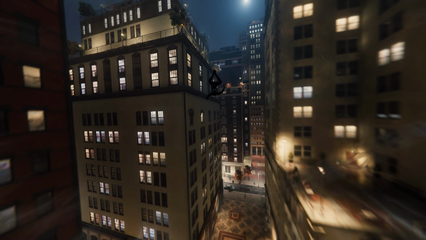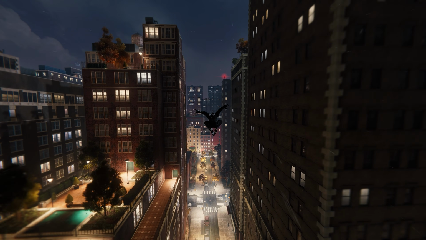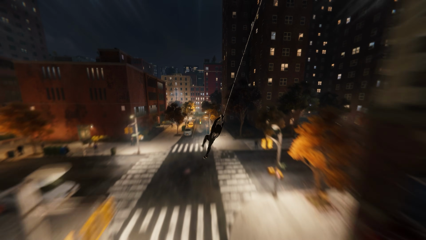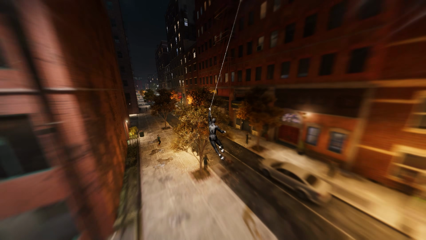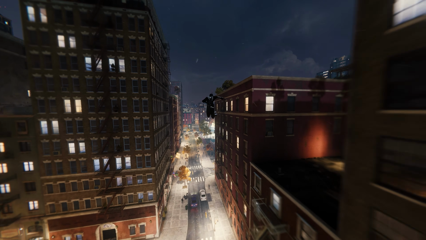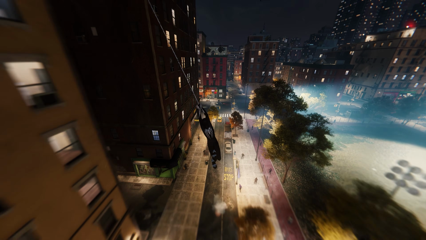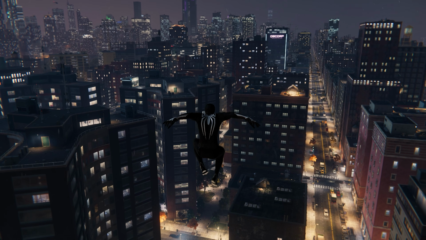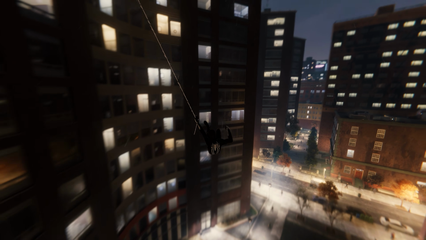It's been so long since I played the game, but roaming around the city like this with no HUD opens up so many opportunities for amazing, amazing visuals. The game already looks great, but getting rid of that pesky HUD makes it all the better. This definitely takes an already amazing version of the game, the best version of the game, to a whole other